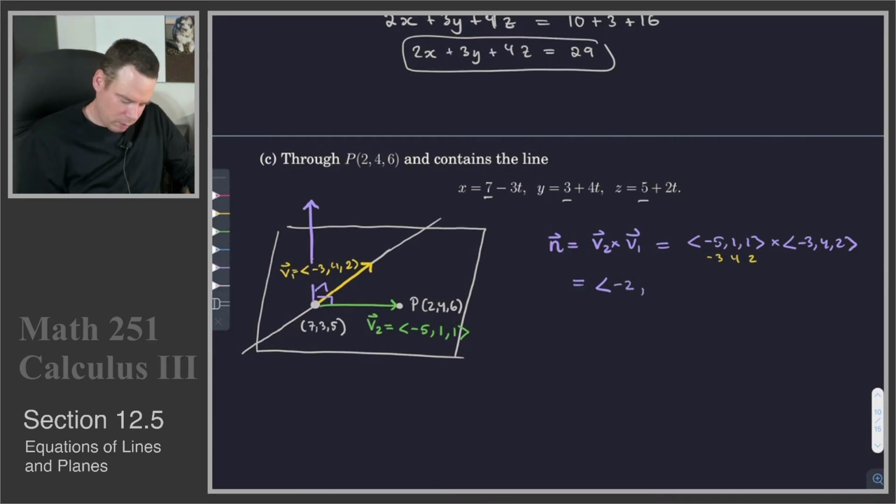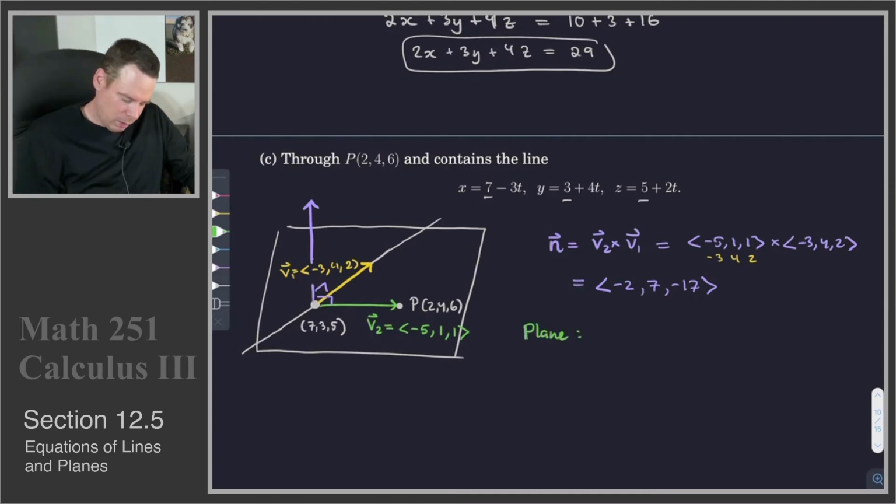The next component, cancel out that one, it's negative 5 times 2, that's negative 10. Negative 10 minus negative 3, so negative 10 plus 3 is negative 7. But then we take the negative of that because we're in the middle component here, so that's a 7. And then the last one is negative 5 times 4, that's negative 20, plus 3 is negative 17. So there's our normal vector,